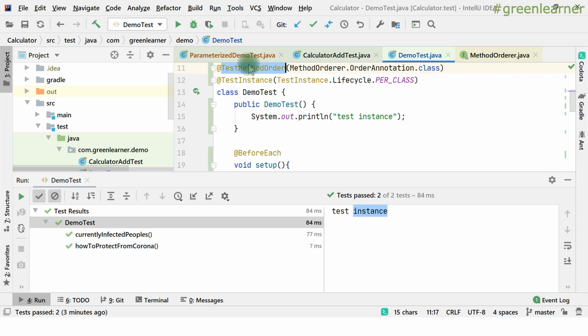In this case, ordering matters, and you can make use of test method order, right? Similarly, the same goes for the test instance. It is situation-wise. When you have a custom situation, you can customize the behavior. Otherwise, the default behavior is good enough, and you can go ahead with that, right?